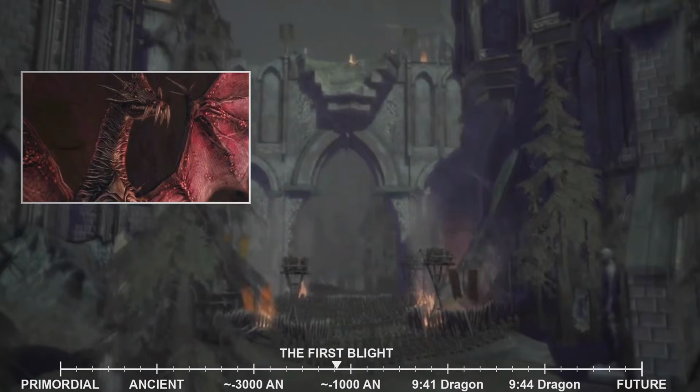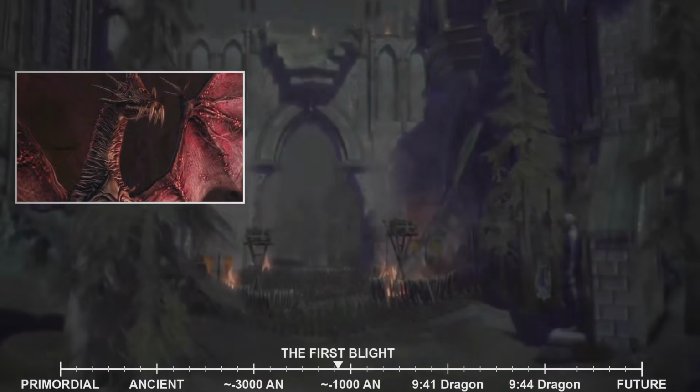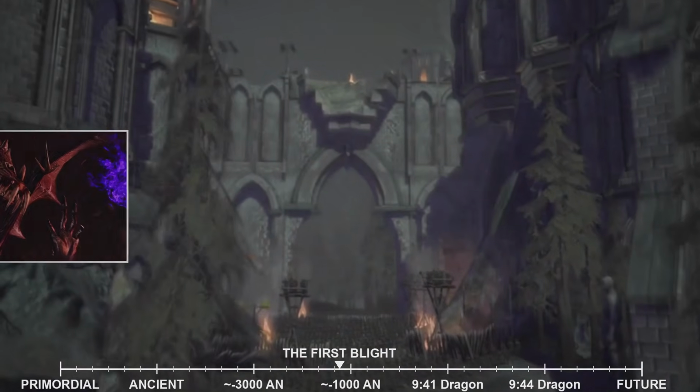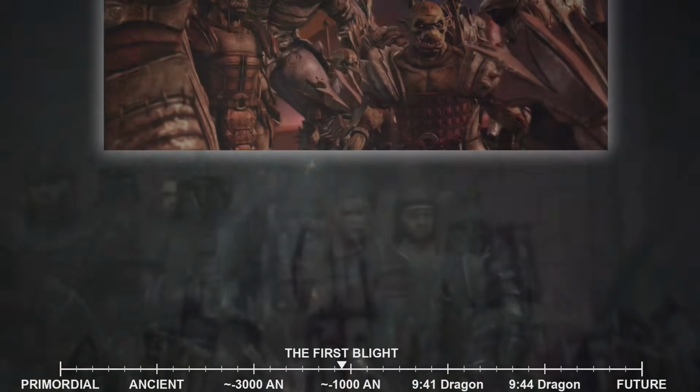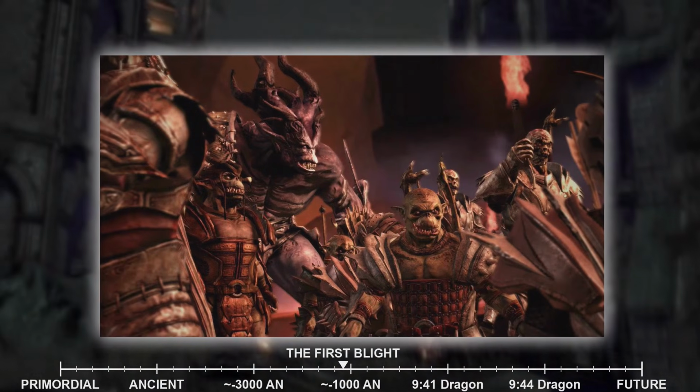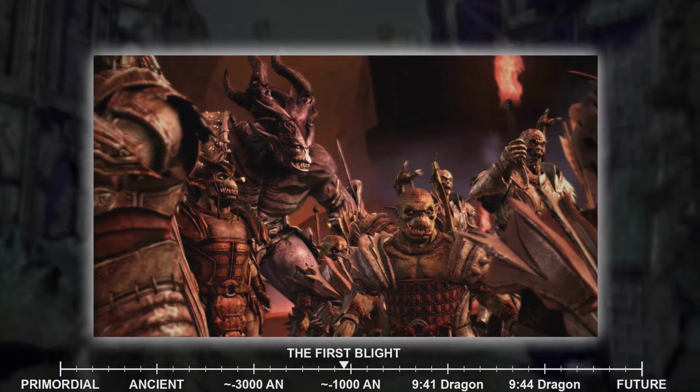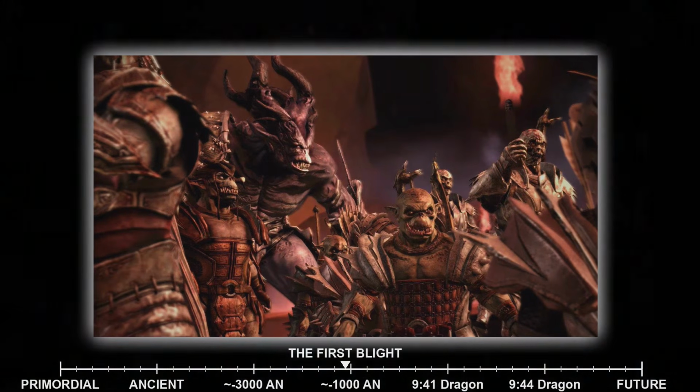Dumat awoke not as the divine creature he had been, but as an archdemon, a corrupted dragon of immense power whose mind was now linked to every Darkspawn in existence. Through this connection, the archdemon could command the Darkspawn hordes with perfect coordination, turning them from a scattered threat into an organized army of annihilation.